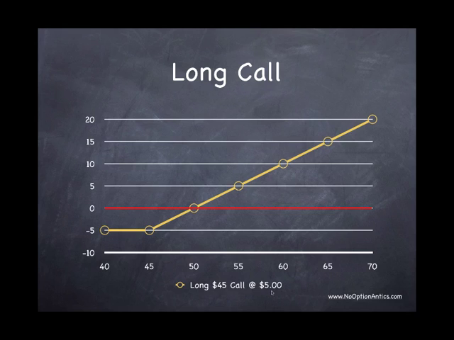Now when we're working with options, when we pay what they call the premium, we're paying on a per share basis. A call option in the U.S. has 100 shares per contract, so this would be $500 tied up in the trade. So you see that the most risk I have in this risk graph is the $5 I paid, because I cannot lose more than what I paid for the trade.